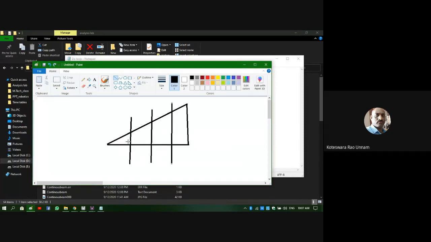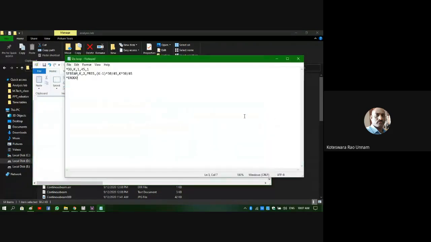So depending upon your number of elements, first you need to calculate the increment in the load. Now in our particular problem, we are dividing into 45 elements. So what should the increment be? 30 divided by 45. That means for each element, the load should increment by 30 divided by 45. Maybe I'll take 30 by 15 only as the increment. We don't bother whatever the value may be, it is up to calculation only, it is not a big deal. So I need to do 30 by 45.